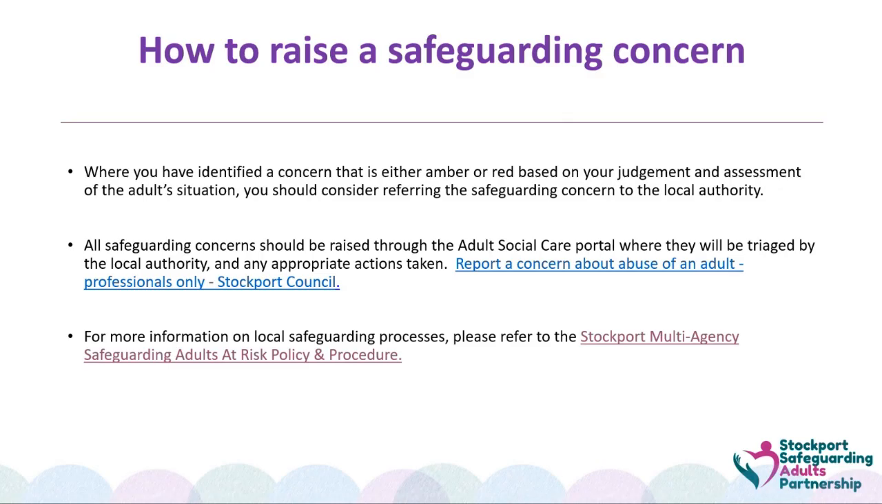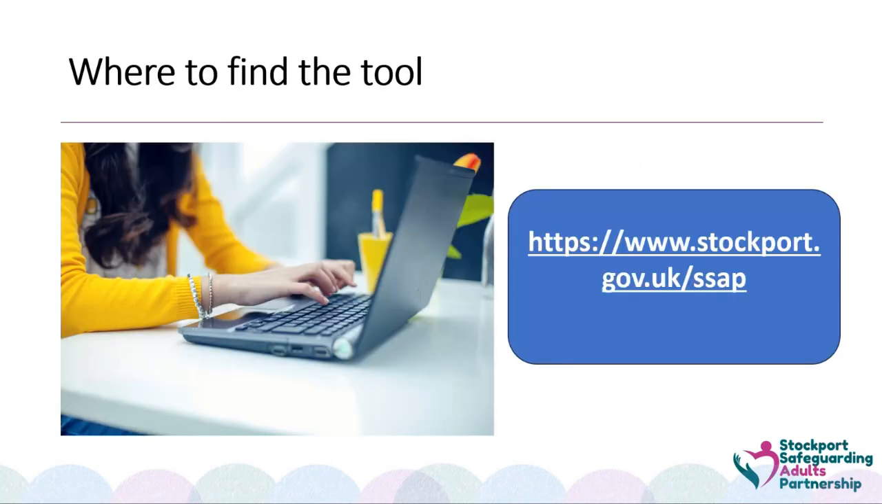There's also more information on the tool and the different types of abuse or neglect in the Stockport Safeguarding Adults Partnership multi-agency policy and procedure document. And again, there's a link to that tool there. Finally, the tool is available on the Stockport Safeguarding Adults Partnership website. The address is there,